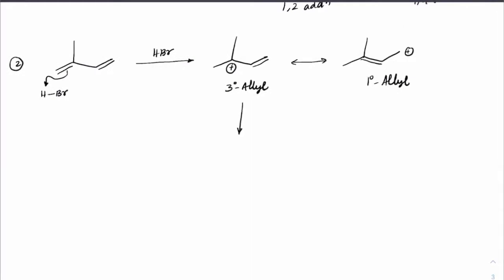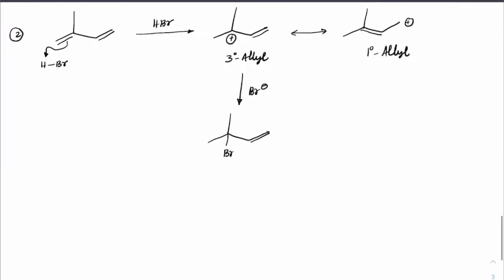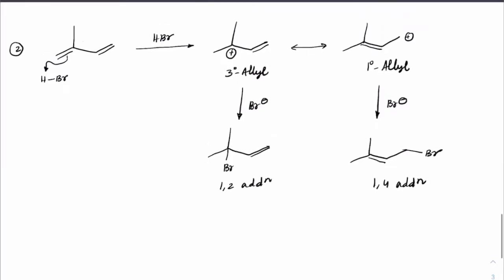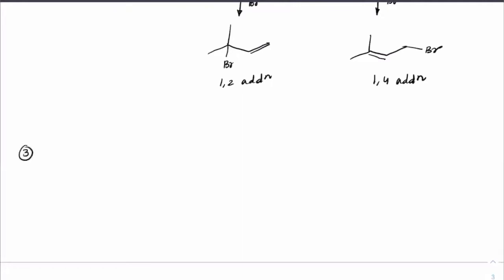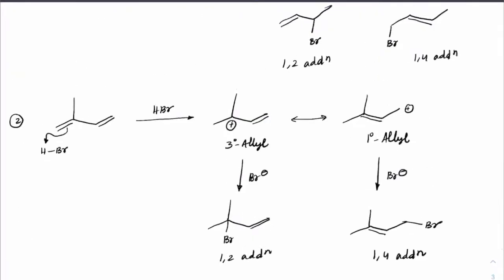If the addition happens here itself with Br minus, we will get Br here with the double bond. So H and Br got added side by side. So it is the 1,2 addition product. Here, if we see Br minus getting added, we will have the double bond here and Br. So this is the 1,4 addition reaction. Same way, let me take one more example. I want all of you to keep writing. Our first objective is to get as many 1,2 addition and 1,4 addition as possible. So focus on learning how to get 1,2 and 1,4 additions.